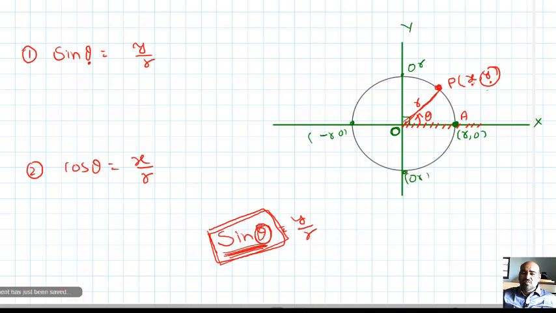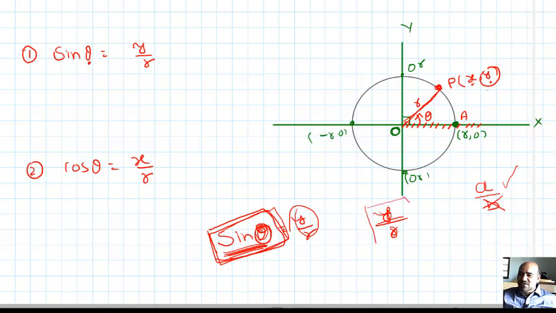Okay. Important thing. What values of theta is this defined for? In other words, what values of theta is y by r defined? Already explained, the fraction will not be defined when your denominator is 0; except that case, the fraction is defined. So if r equals 0, then this fraction is not defined. Except for that case, the fraction will be defined.